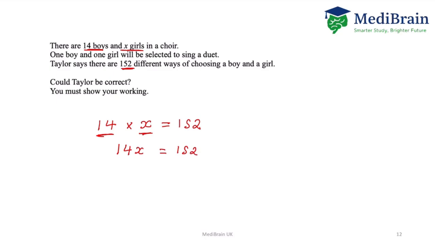Now we want X to be by itself. To work out X, you need X to be by itself. At the moment it's being multiplied by this 14. And remember, if you're adding on one side, subtract, multiply, divide. If you need to get rid of a number, all you need to do is the opposite of it. If you're adding, you subtract. If you're multiplying, you divide, and vice versa. So over here, to get rid of this 14X, because the 14 is being multiplied,